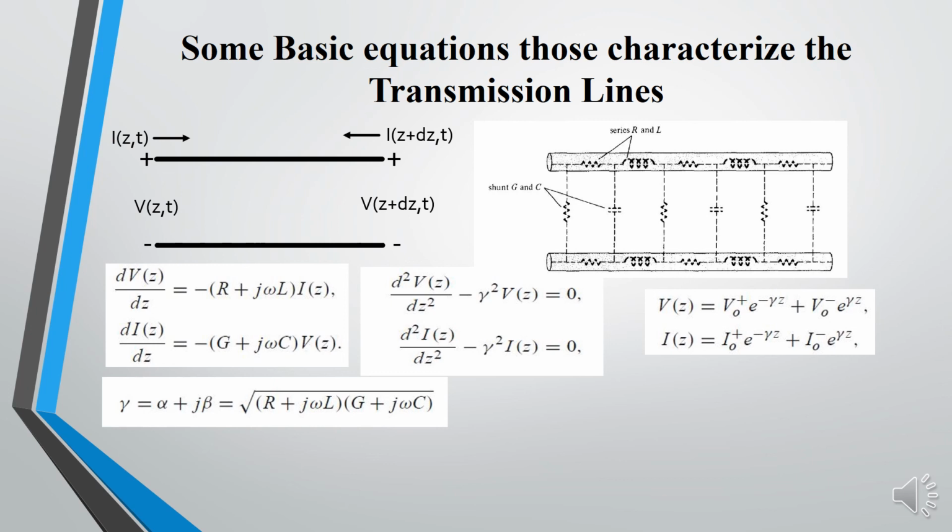Also you can see from figure 1 that the input current and the current at port 2 are opposite to each other. Therefore we can define the characteristic impedance alternatively here as V0 plus by I0 plus and minus V0 minus by I0 minus, because these I0 plus and I0 minus are opposite to each other. That's why this negative sign comes into the picture. Now these equations are basically used for the analysis of transmission lines, or we can say the analysis of coaxial transmission line or twin-wire transmission line. Okay.